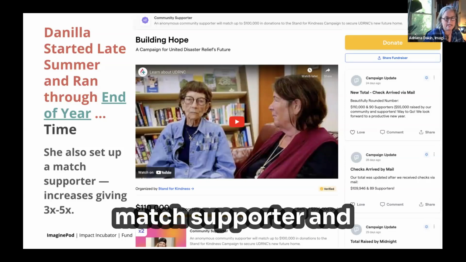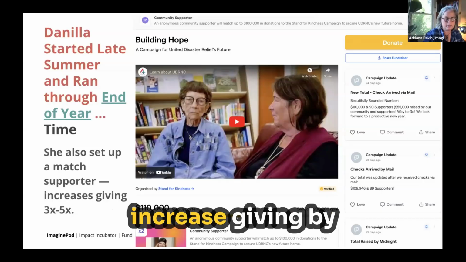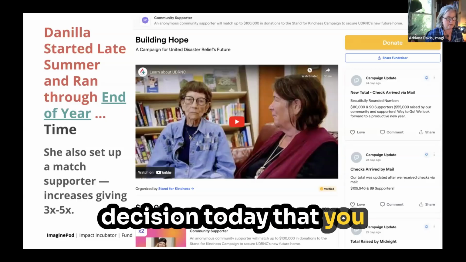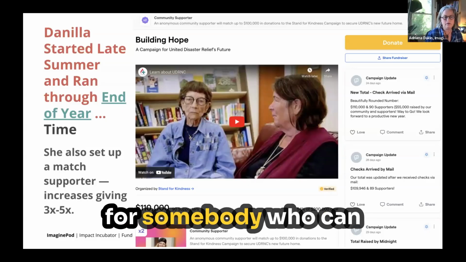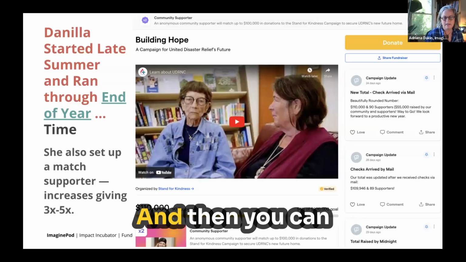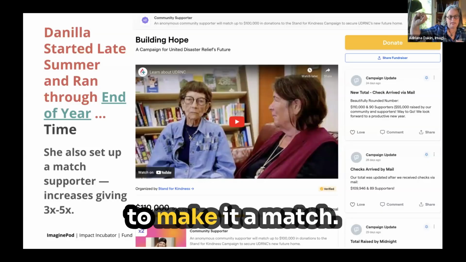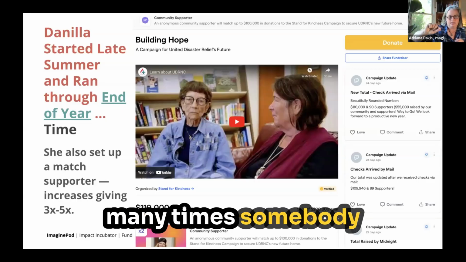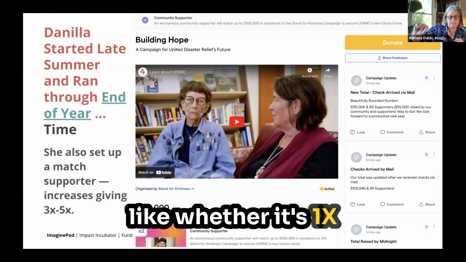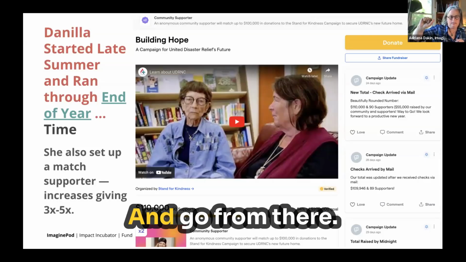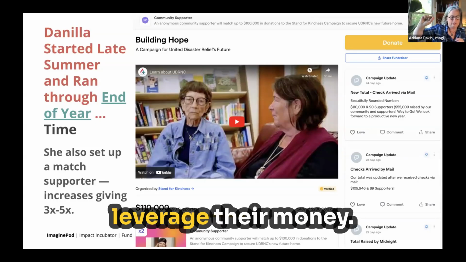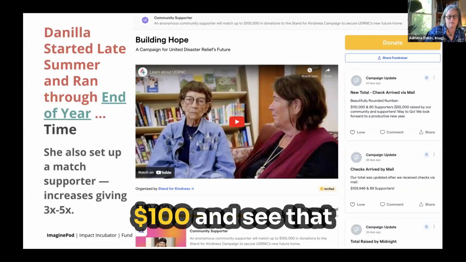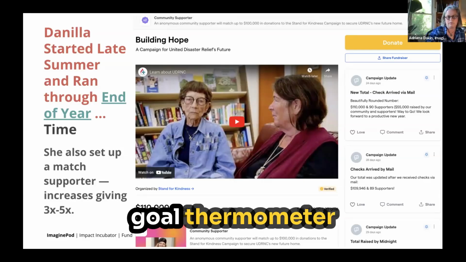Danila set up a match supporter, and match supporters increase giving by 3 to 5 times. You can make a powerful decision today that you will be on the lookout for somebody who can be a match supporter. And then you can turn on the toggle to make it a match. You put in the settings what the match is, how many times somebody is increasing a donation, whether it's 1x or 2x or whatever, and go from there. People like to leverage their money. So if I'm giving $50, I love to see it become $100 and see that goal thermometer rise twice as